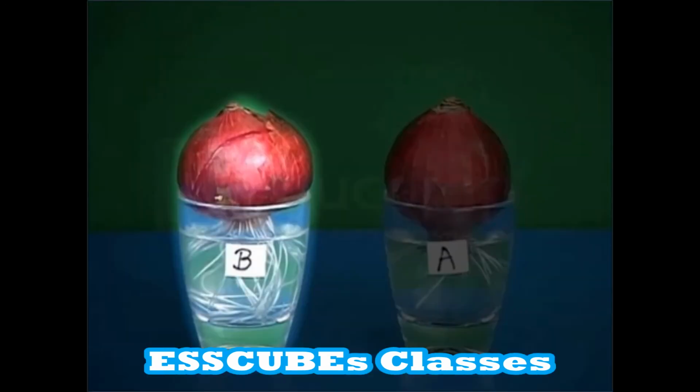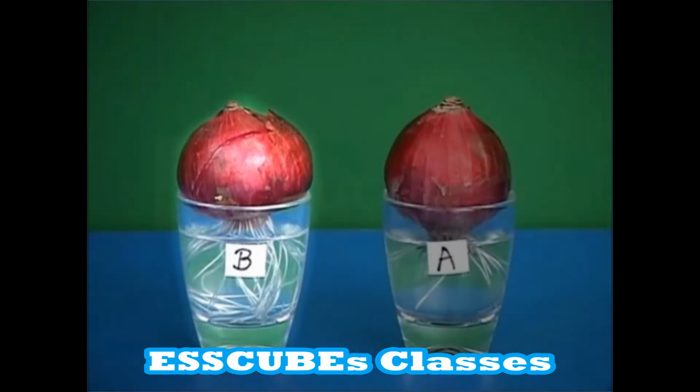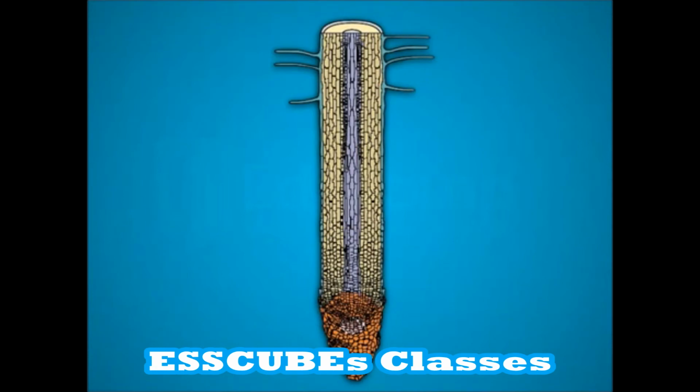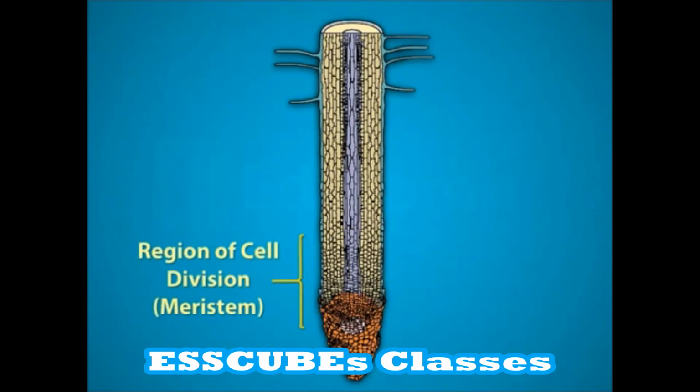In case of tumbler B, since the roots have not been cut, the root tip continues to grow longer. This root tip is a region of growth. The root tip consists of a tissue called meristematic tissue, whose cells keep dividing and hence results in the growth